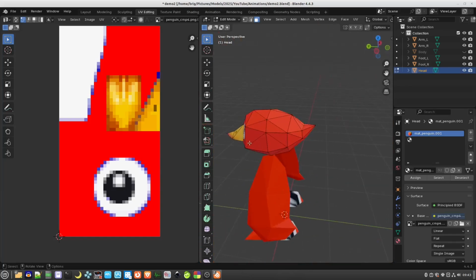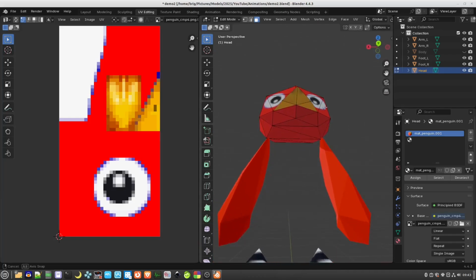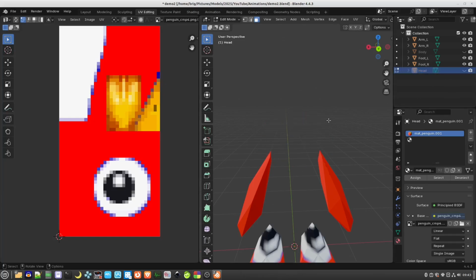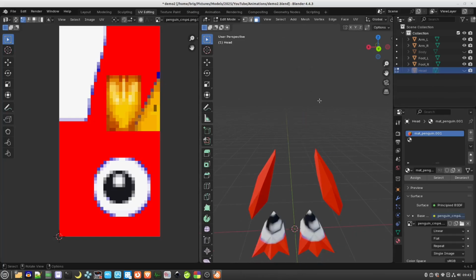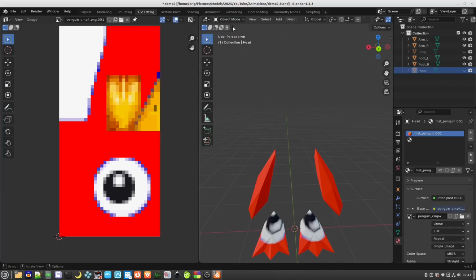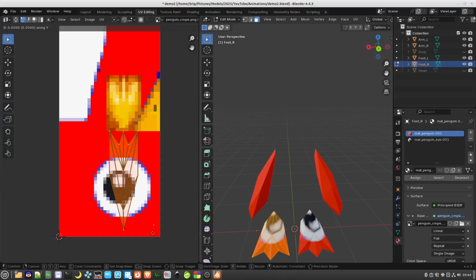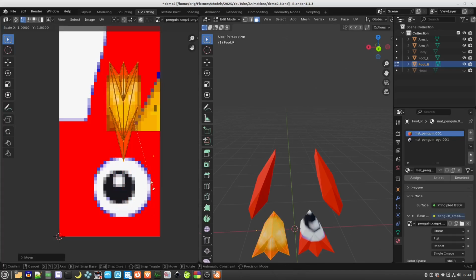So that looks like the head's fine, and the beak. So we can hide the head now, and now we can switch to the feet. So go back to object mode, select the foot, and then go into edit mode, and then press A to select all. And you'll see all we need to do here really is to move this up, so G and Y to move that up, and then if we scale that on the Y axis,